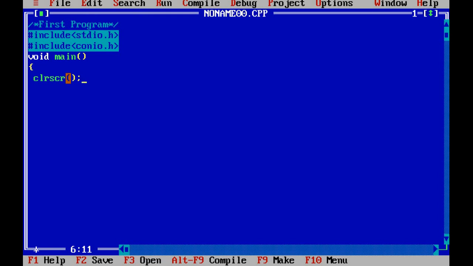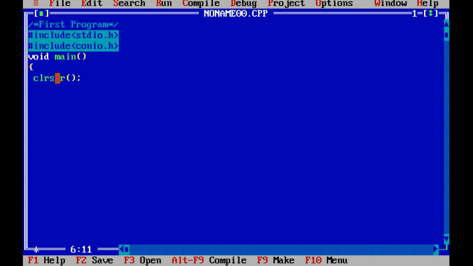If we don't use this function in a program, then whatever the output of the previous program was remains present in the output window, and in the next line our program output will appear. So sometimes we get confused about what our exact result or output of the program is. That's why, for better practice, we should include the clear screen function in every program.